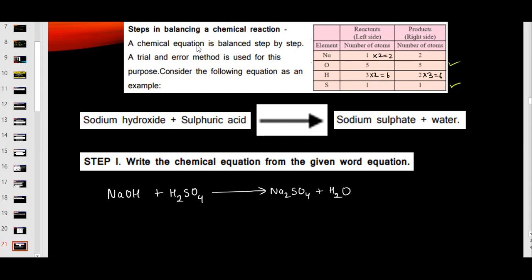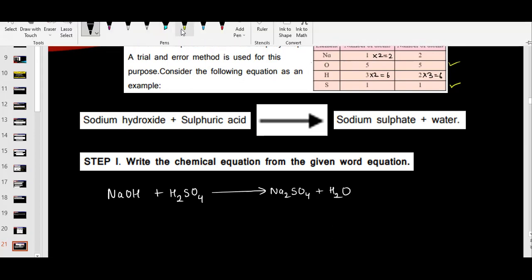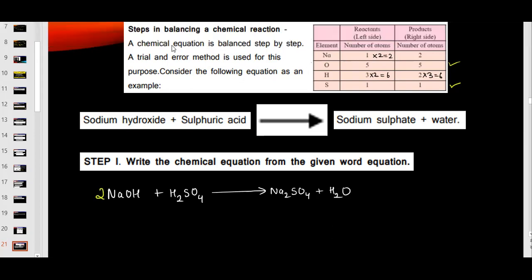How to write this balanced number in the equation? That is my question now. Sodium I'm showing here as 2, right? That means I will write that 2 here so that sodium can be seen as 2 here, and this is already sodium 2. Oxygen, we don't have to worry about. Let's check the hydrogen. Hydrogen is saying you multiply that hydrogen with 2 so that you get 6. So this hydrogen is 2. Don't multiply this, but you can multiply this one.